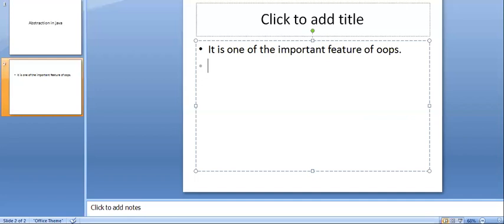So what is abstraction? We know that it is a process.